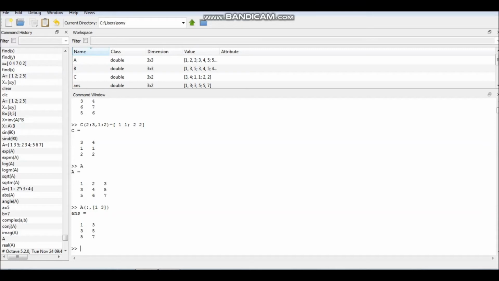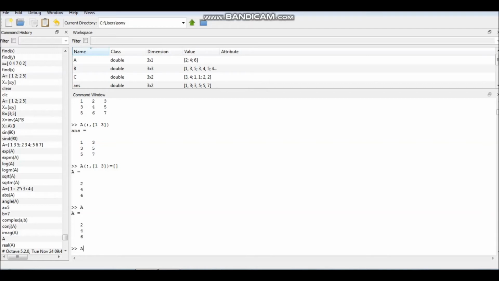So now you can see this is the first column, this is the third column, and if you want to delete them, you will write it equal to an empty matrix. It means the first and the third columns are deleted, and the rest of matrix A is this. So you have got matrix A with a single column only. In this way you can choose the rows and columns in continuation, or you can also choose specific rows and columns which you want to delete or which you want to replace with the help of another submatrix.